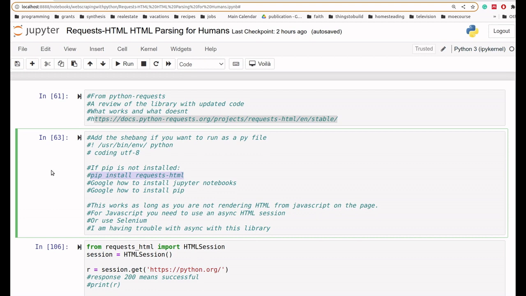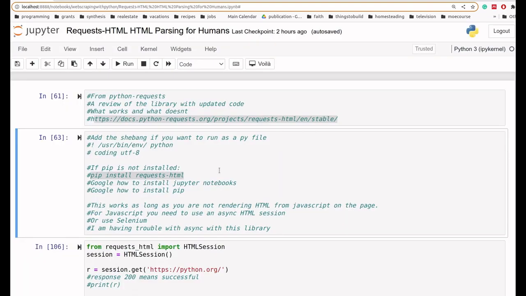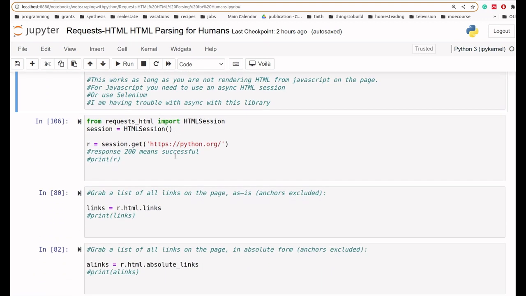I've found that this library works well as long as you're not rendering HTML from a page that uses JavaScript. If your page uses JavaScript, this library claims to work with JavaScript. It says it has full JavaScript support, but I couldn't get that to work, and I think that's because of an update in the Chrome driver, and I'll talk about that in just a little bit. So you want to type pip install requests-html,